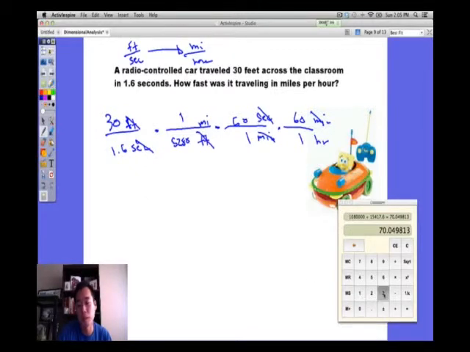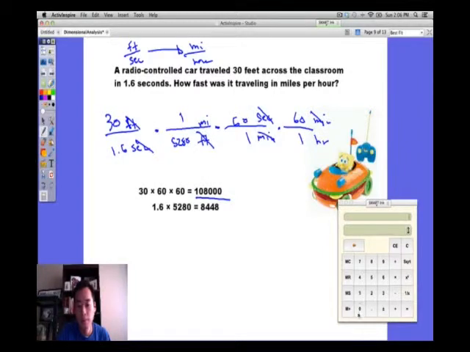So I'm going to multiply 300 times 60 times 60, and there's my numerator, and that's going to be miles. My time is going to be 1.6 times 5,280, and I get that number. Again, a really large number, so I need to do one more step. I'm going to divide 108,000 divided by